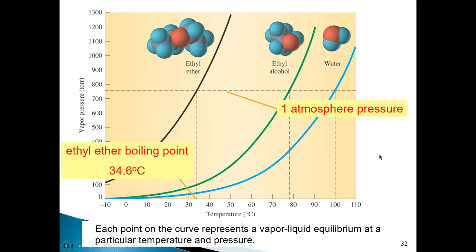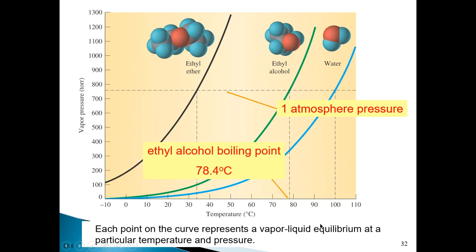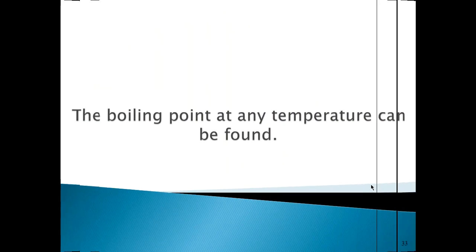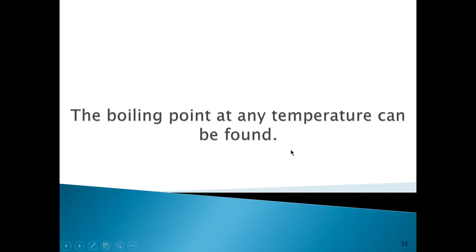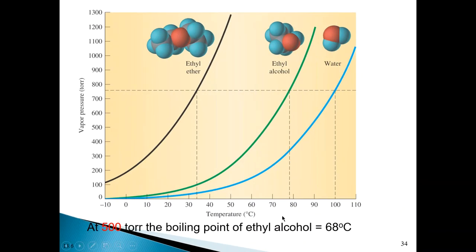Okay, so that's showing you the boiling point of ethyl ether. It says here 34.6 is the boiling point. In the case of ethyl alcohol, 78.4. And of course, in the case of water, that's 100 degrees Celsius. So using that, we can determine the boiling point of any liquid at any pressure if we have a plot for that liquid. So we could, for example, look for the boiling point of, let's say, ethyl alcohol when the external pressure is 500 torr. So you draw a horizontal line here, and then where it cuts the green line, you drop a vertical down here, and you get your boiling point, which is,